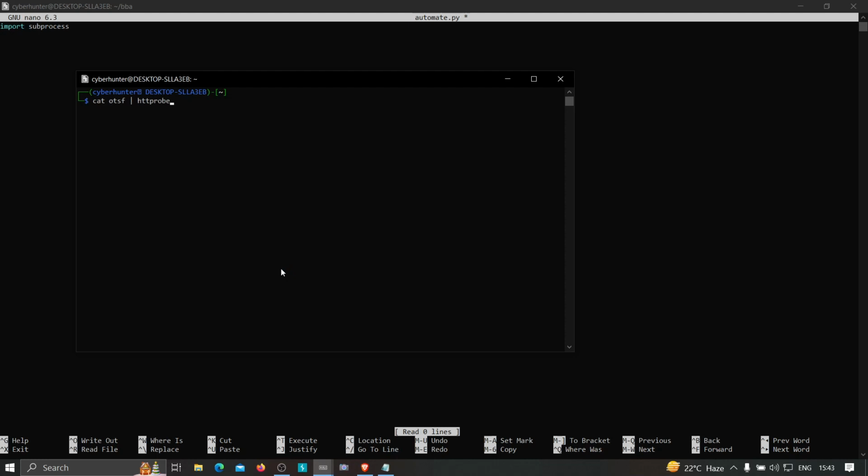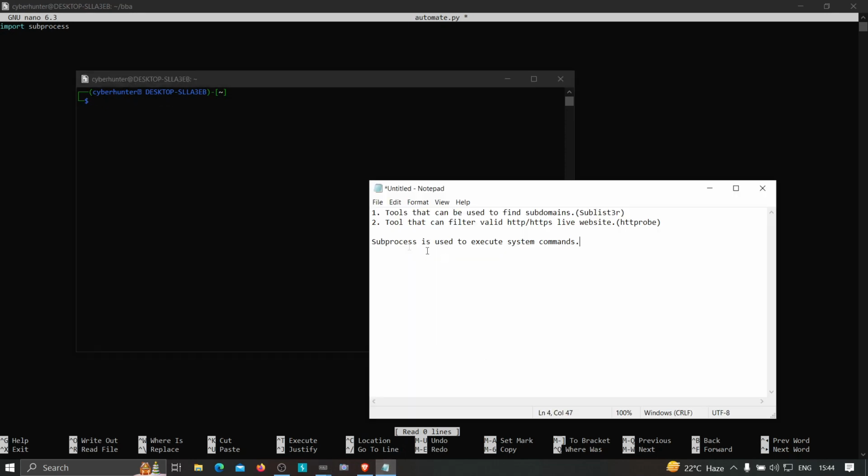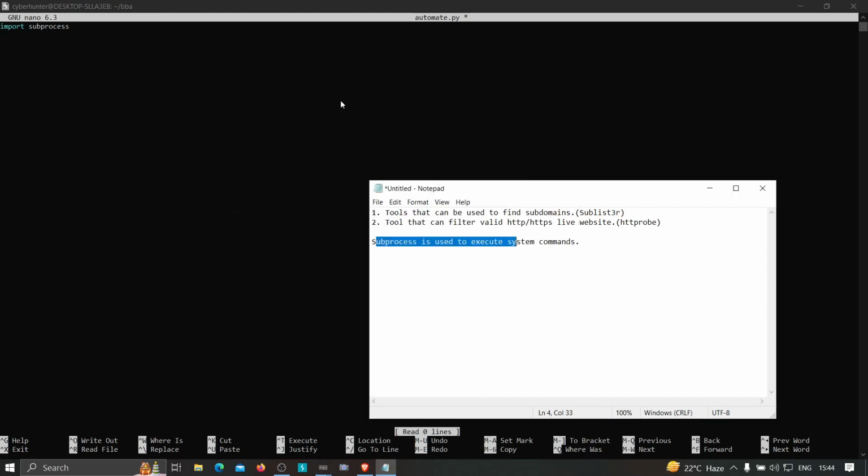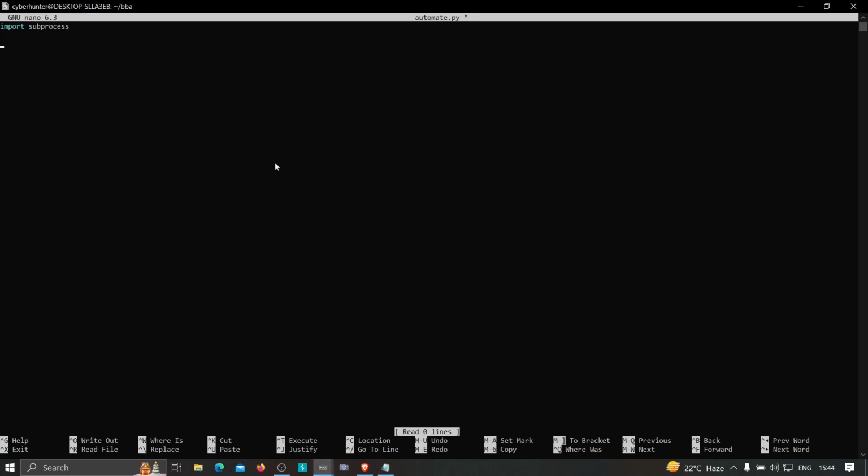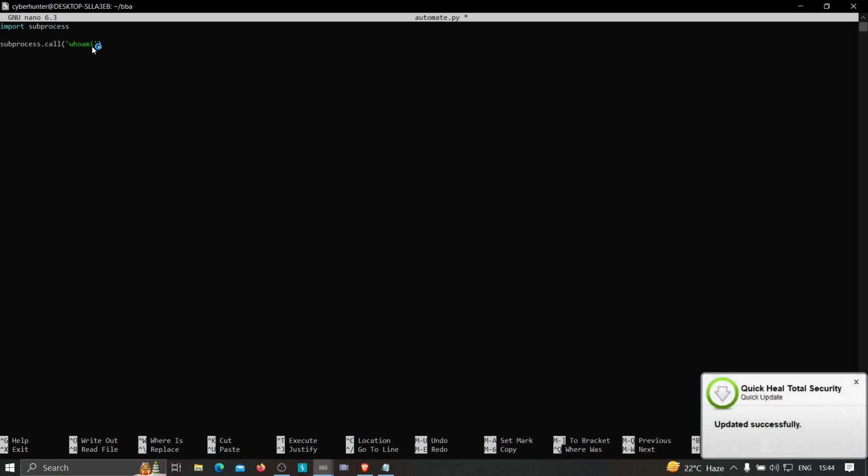So our job here is to automate this task, which means that instead of us, the Python script is going to execute this command on the terminal, right? And for that we are going to use the library which is subprocess. I hope that you have understood it. Now let me show you. If I type subprocess.call, so call is a method of subprocess which can be used to execute a system command. So let's say whoami, right? whoami is a system command that displays the current user. So let me show you. shell equals True,